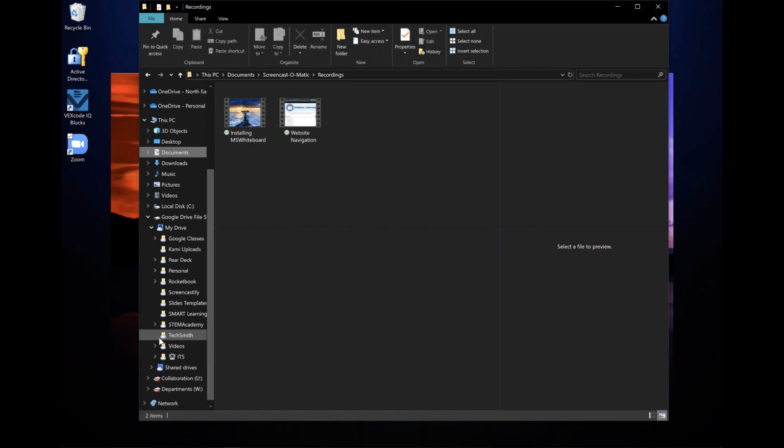So you could make it visible for your students that way, and then it is only on your Google Drive shared with your students, and you don't have to worry about it being up on YouTube if you don't like it that way. If you don't have Google Drive file stream and don't want to install it, you can just do a regular file upload